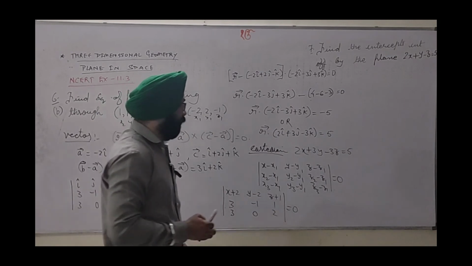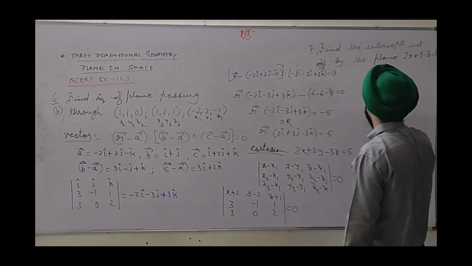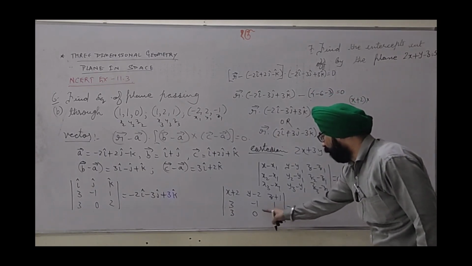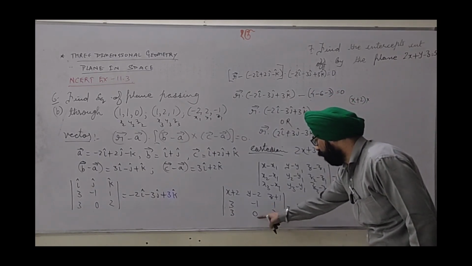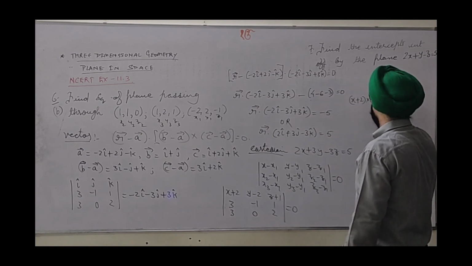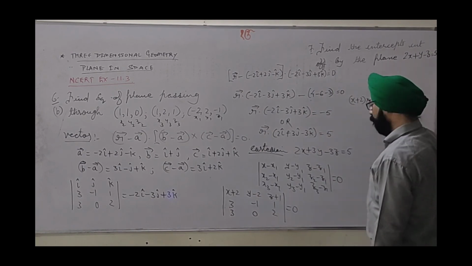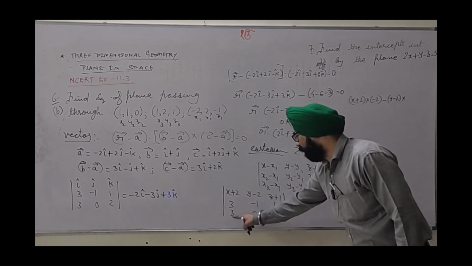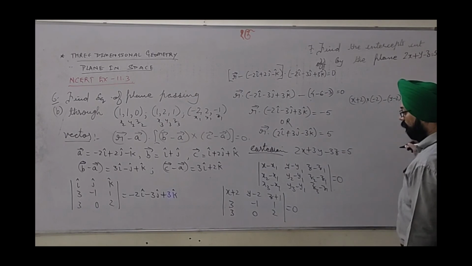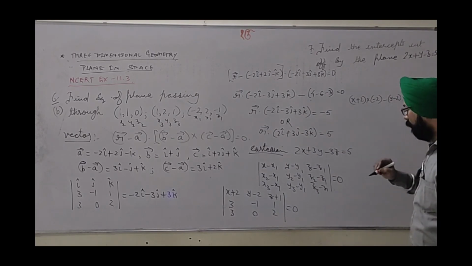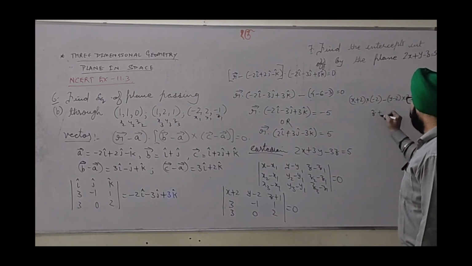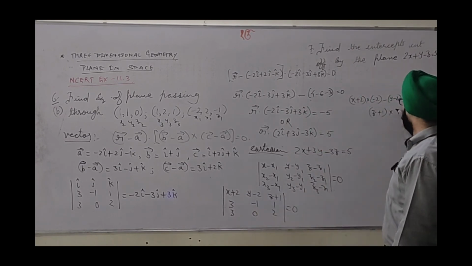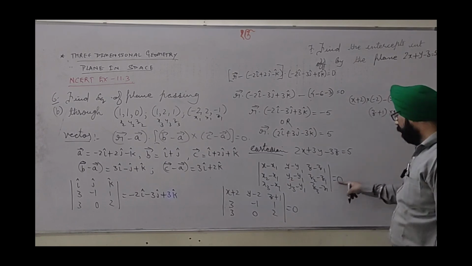Let's do that. Along R1, if I do, it is x plus 2 minus 1 into 2 minus 2 minus 0. So remains minus 2. Then minus of y minus 2 multiplied by 2 3s are 6 minus 3 1s are 3. So 6 minus 3 makes it 3 here. Plus z plus 1 multiplied by 0 into 3 remains a 0, minus of minus 3 makes it plus 3, equal to 0 comes here.